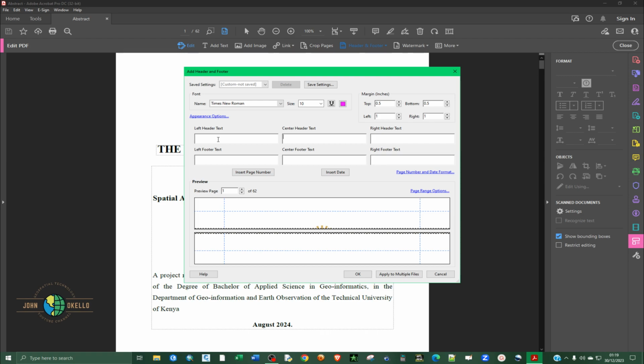If I want it on the left, you click on that, then you select Page Number. But in this case, I said I want it at the top center. Click Add. And you can actually see the preview here. So if I click OK,